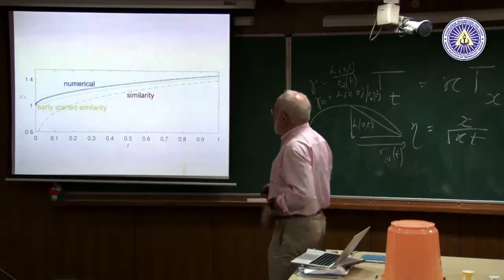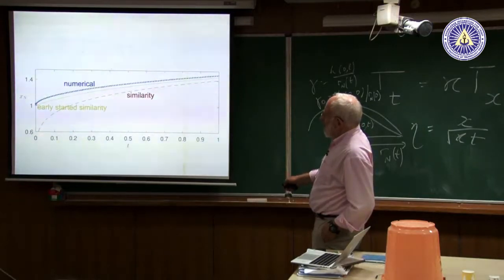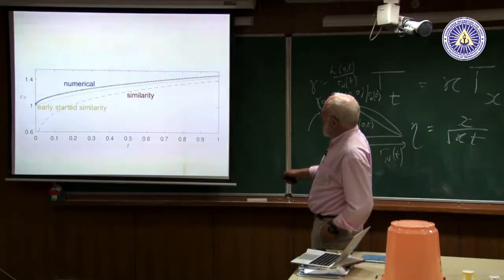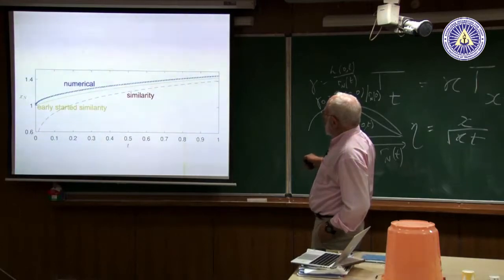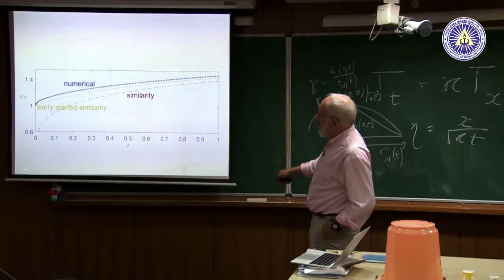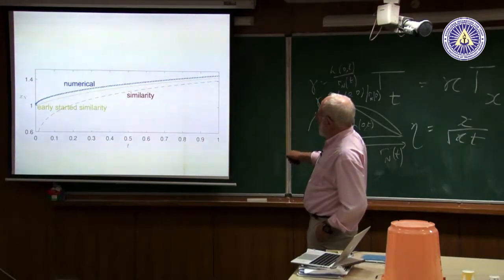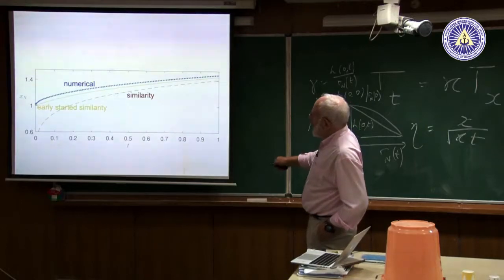Here's now just an example. Here's the numerical solution that starts at 1 and with time goes along like this. Here's the similarity solution, which at time t equals 0 has a 0 radius, and that should be an r, I don't know, it's got to be an x, and comes along here.